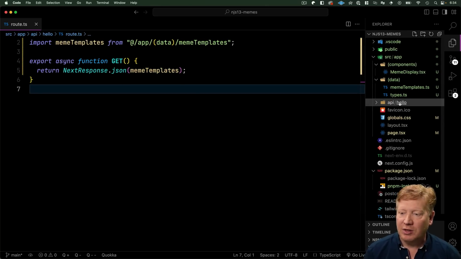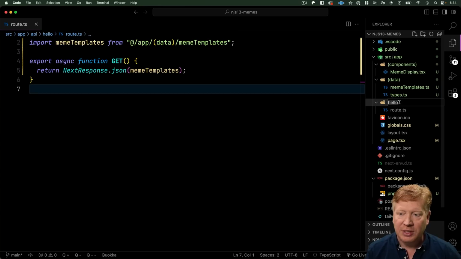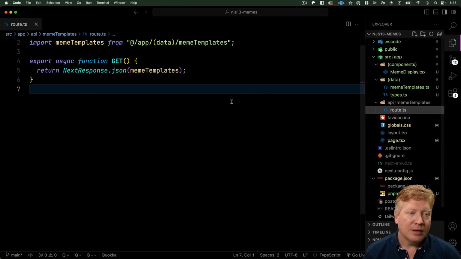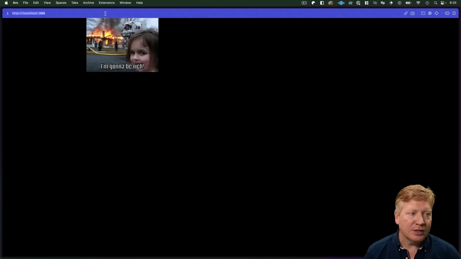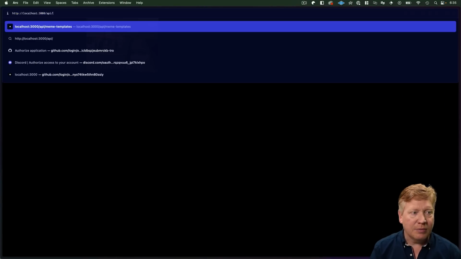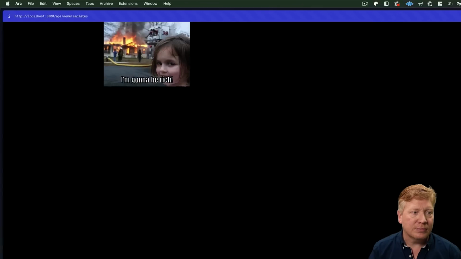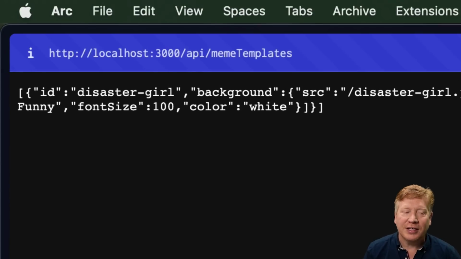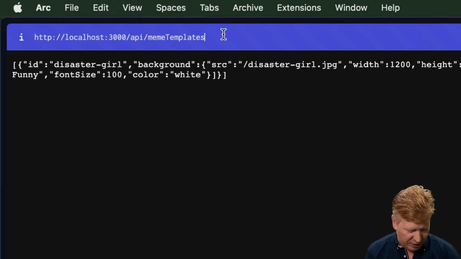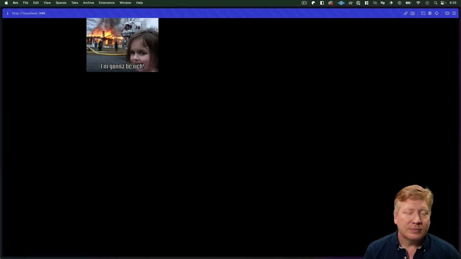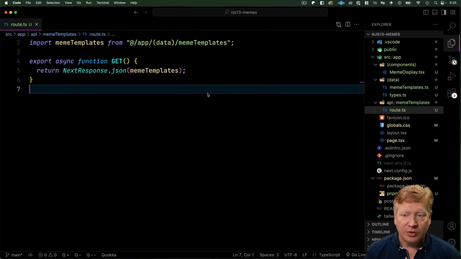And it doesn't make sense for that to be called hello, so let's change the name on that to meme templates. And now we should be able to go over to our Arc and type in API meme templates and get all of that data. So now we can do that from anywhere. We can do that from a client. We can do that from a server. It's really nice. I'm going to copy that and then take it back into our Visual Studio Code